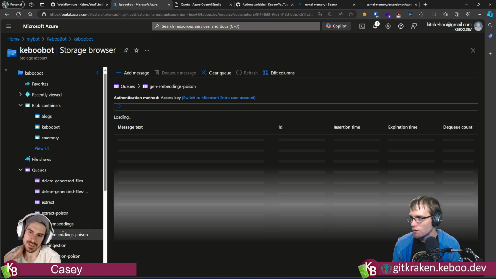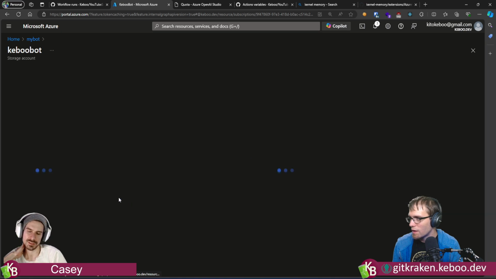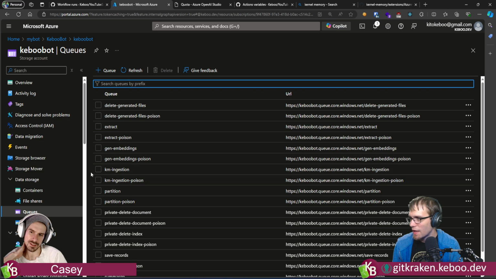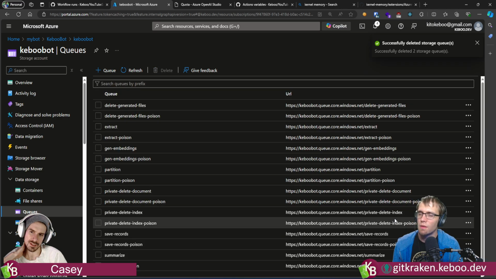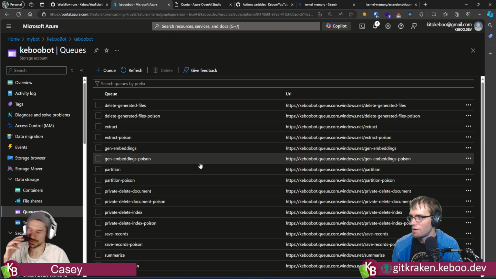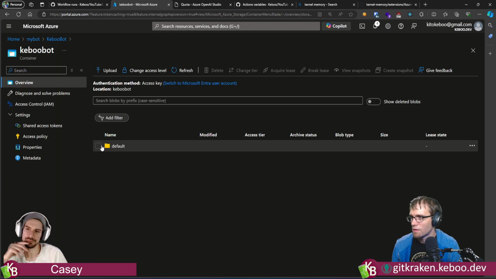Okay, so the queues are empty. The one thing I want to do really quick is go in here and delete the ones that I made, because I'm fairly confident these aren't being used. Yeah, so let's delete what's in your storage too, your containers. Let's just start fresh. Okay. Fire away. Kill it. Burn it. Why won't it let me delete?